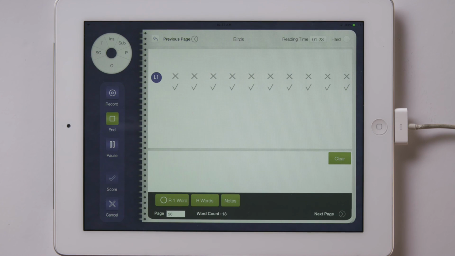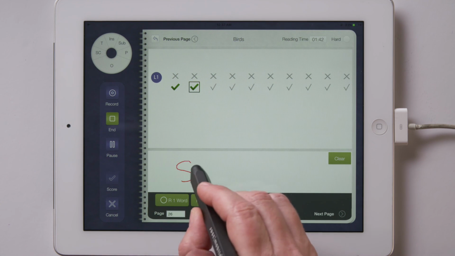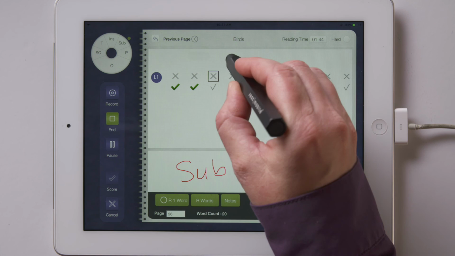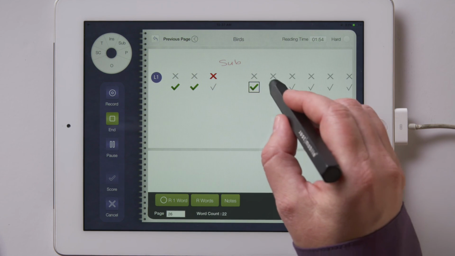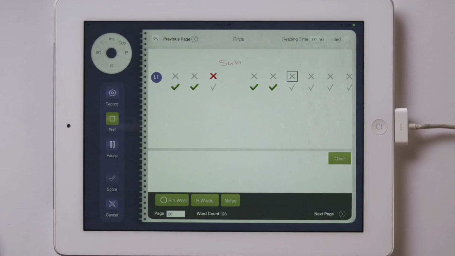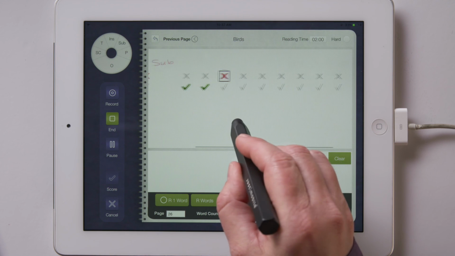The coding of behaviors is otherwise the same as with benchmark and SEL texts. Here is a substitution. Here is an omission. Here is an example of processing.